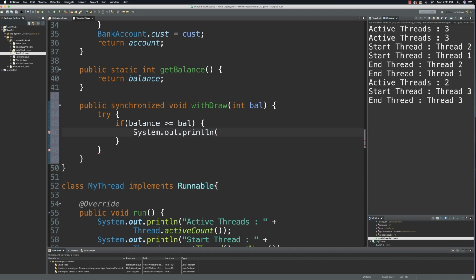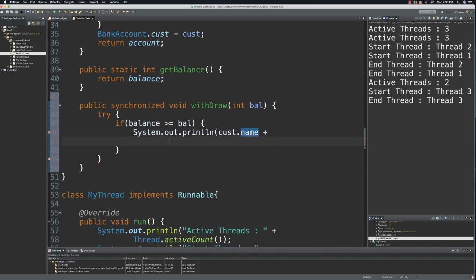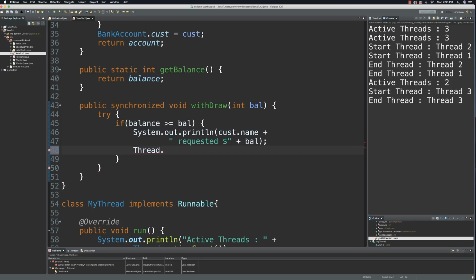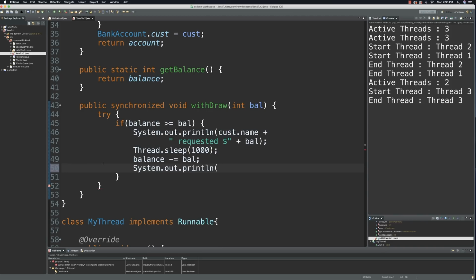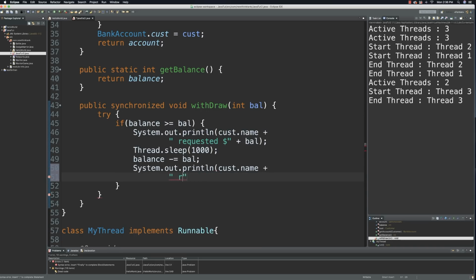So we will say customer name plus, and then we're going to go and get some information, requested a certain amount of money that we deemed is okay. And then we're going to put the thread to sleep. And this is how, let's say for a period of time that's just in there to basically show that we are protecting our balance. And then we are going to subtract the balance from the account, and then we will output a new message. And that's going to be customer name plus tried, that's going to be received, the amount